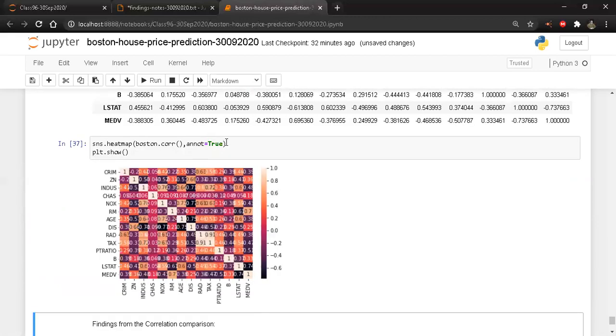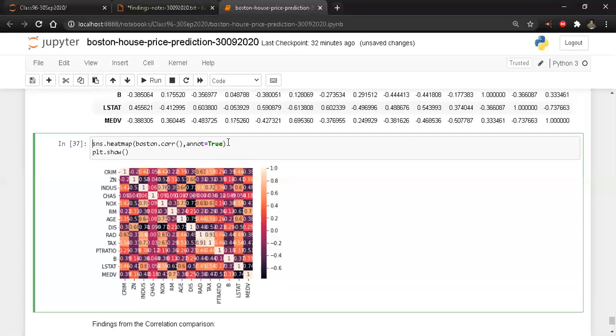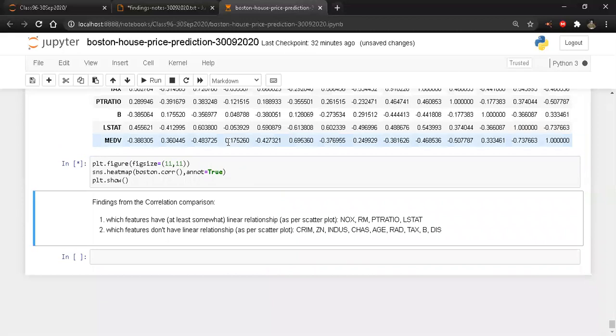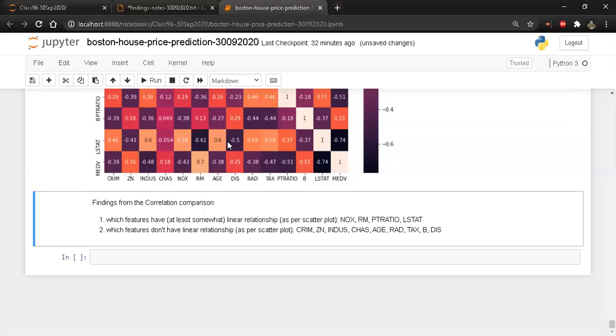So this is quite small one. Let me just go back again and do a plt.figure, figsize equal to (11, 11). I think this should be fine, but it will still take time. This is quite normal behavior. If you see this on your end as well, using SNS or the packages related to it, this is really normal. I mean, this happens.